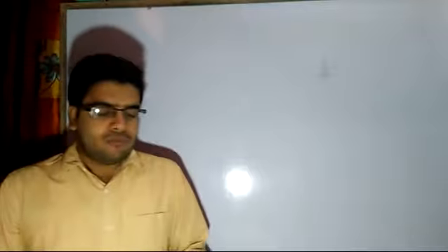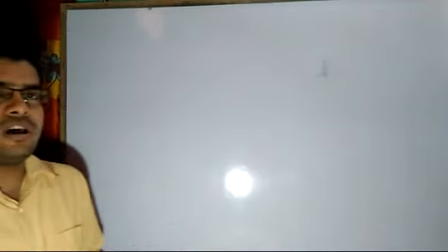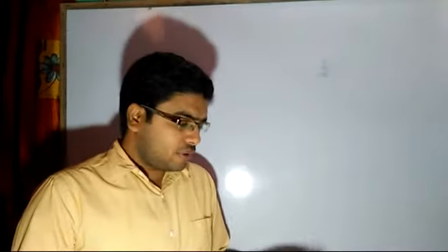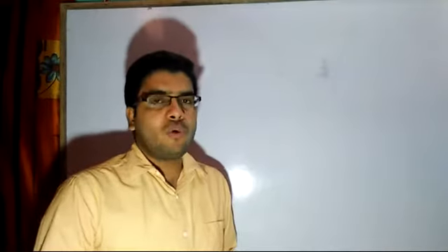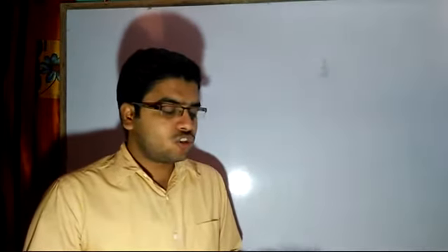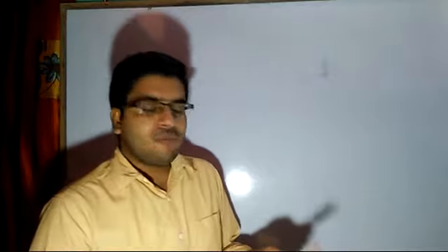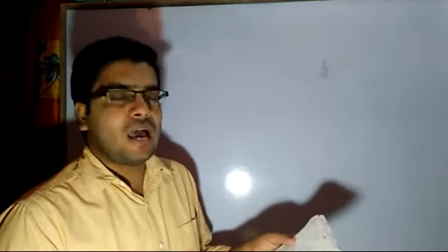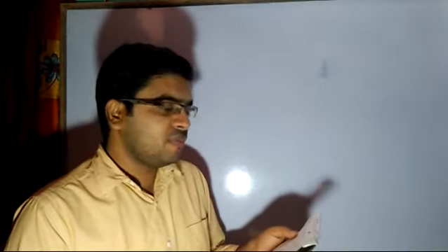In the last two lectures I discussed the questions based on angles, and I gave you the explanation for the questions that were in our exercise. Today I will be discussing four more sums which will be based mostly on vertically opposite angles. Two of the problems are based on vertically opposite angles, and two are based on linear pairs, that is, a straight line angle that is equal to 180 degrees.